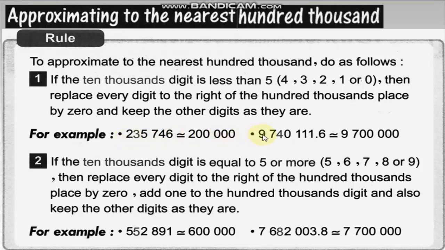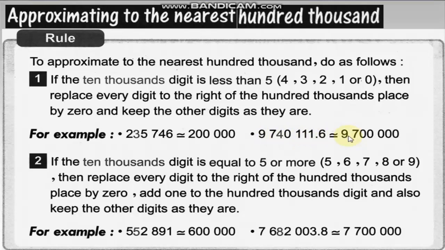Another example, 9,740,111.6. At first, the 100,000 here is number 7 and the 10,000 here is number 4. 4 is less than 5, so we replace the 10,000, thousands, hundreds, tens, and units by zeros and remove the decimal part and keep the 100,000 with its value. It became